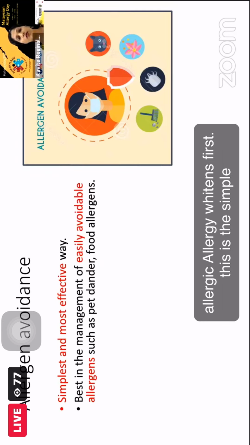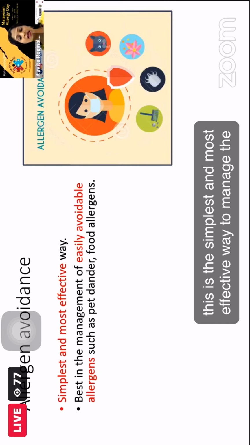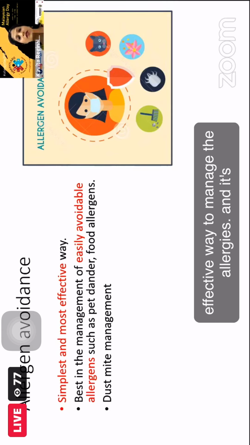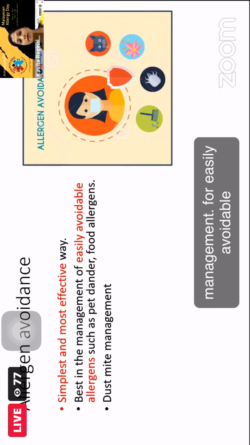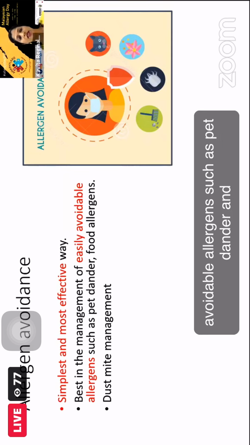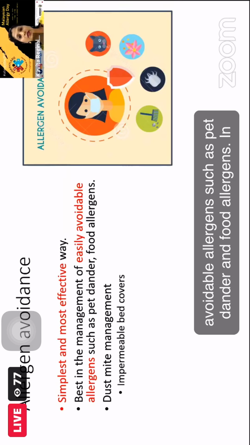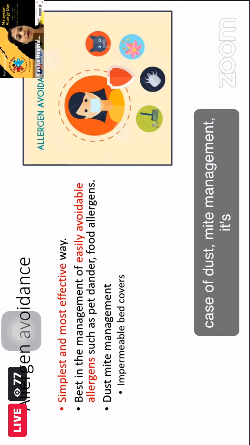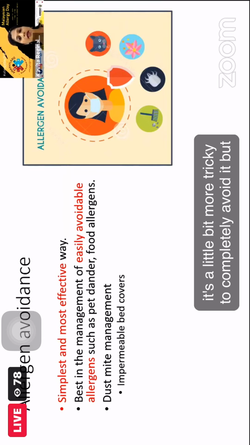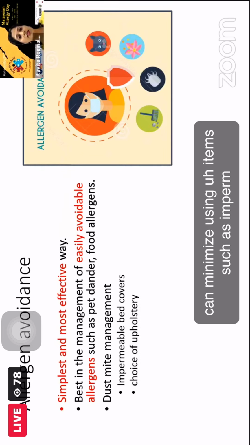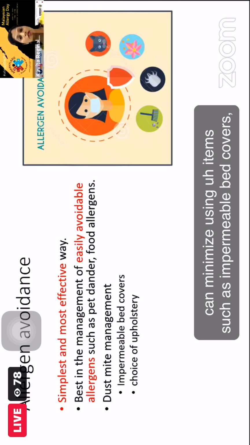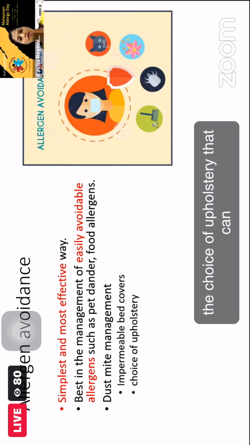This is the simplest and most effective way to manage the allergies. And it's best in the management for easily avoidable allergens, such as pet dander and food allergens. In case of dust mite management, it's a little bit more tricky to completely avoid it, but we can minimize using items such as impermeable bed covers, a choice of upholstery that can be easily wiped down,